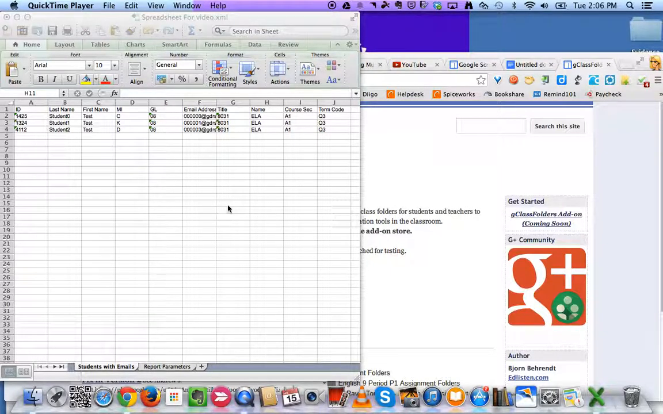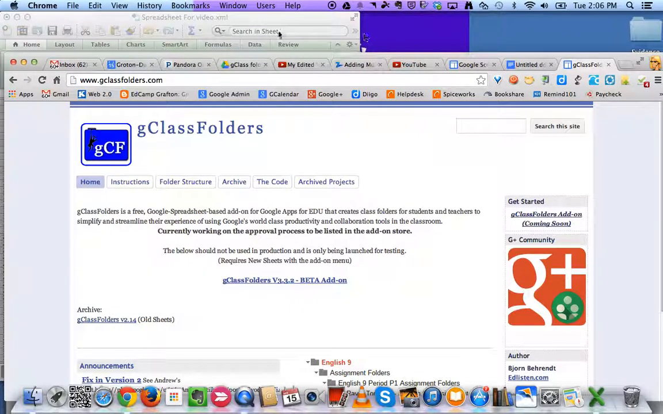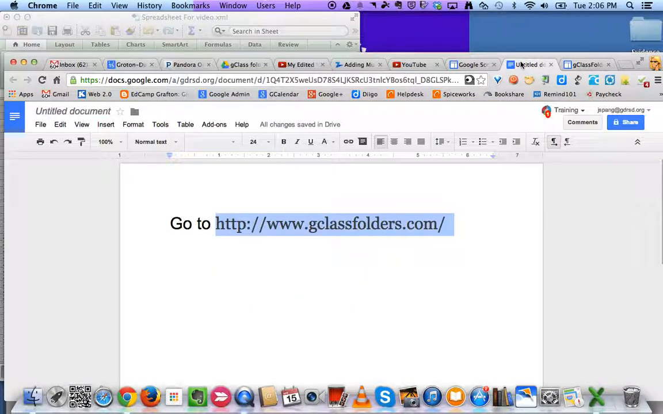This video is intended to show you what to do after you've run the iPass Students with Email query in order to set up G-class folders. I've opened up the Excel spreadsheet that was created by iPass, and I'm also going to open up Google Chrome, and I'd like for you to go to the website